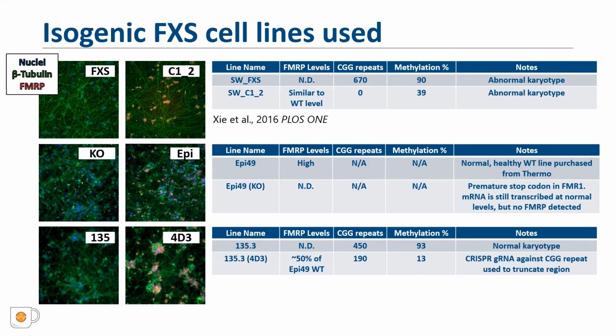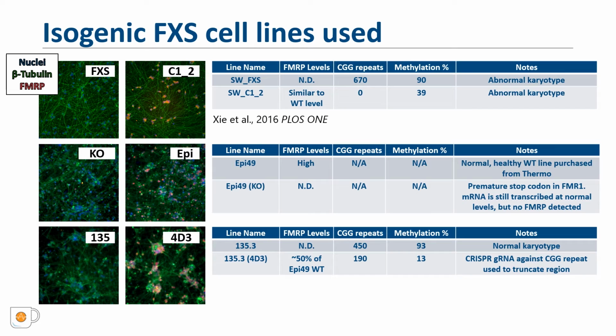A FMRP knockout cell line was created from this wild-type line by Dr. Hao Wu, a senior scientist in the biology group here at Fulcrum, by inserting a premature stop codon in FMR1, in which FMR1 mRNA levels are still measurable, but no FMRP is detected. Images for the wild-type neurons, which show detectable FMRP levels, and for the FMRP knockout neurons, which don't, are shown